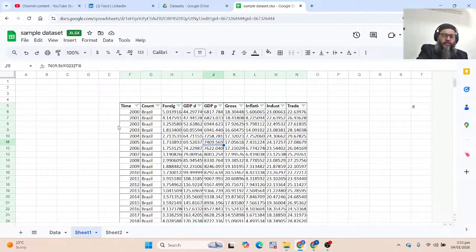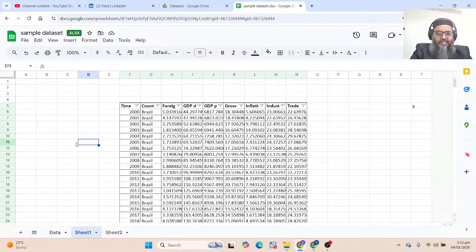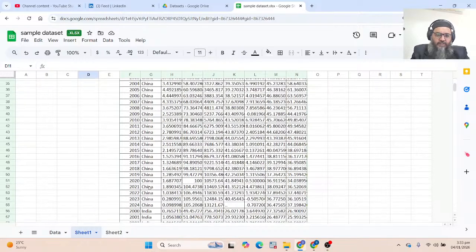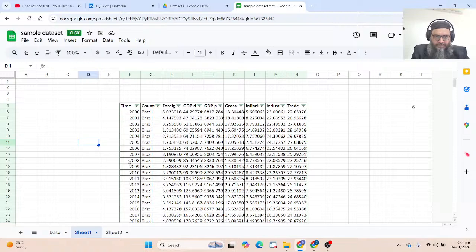We need to analyze the data as per some particular requirements. For instance, which type of data is this? We must be able to differentiate. If there's only one country, then it would be time series data, but you know that there are different countries, so it means it's a panel data set.